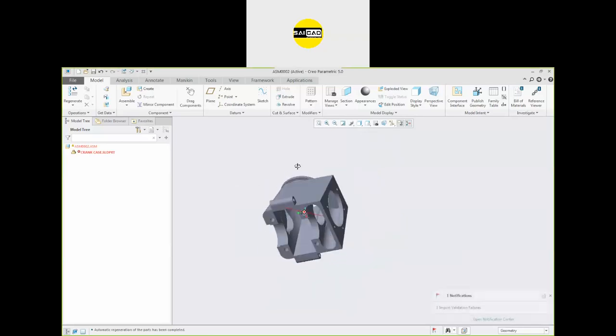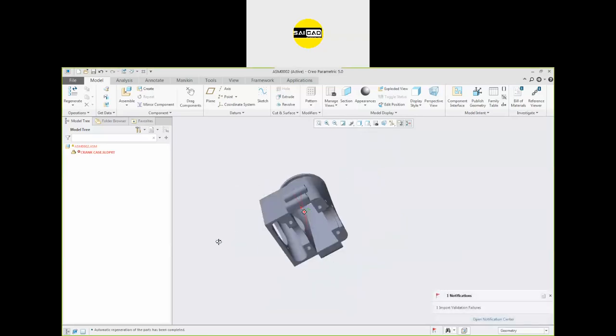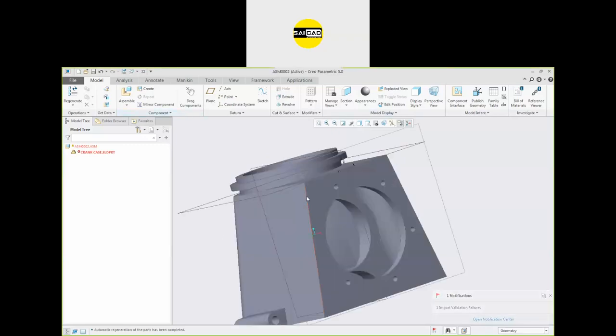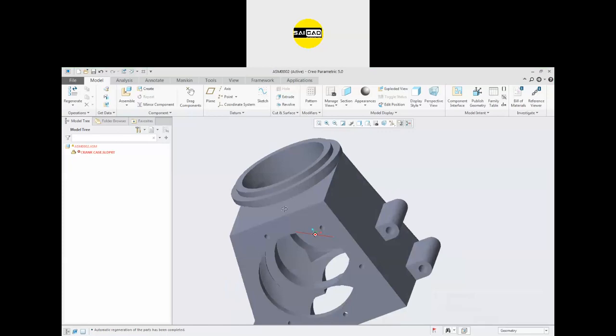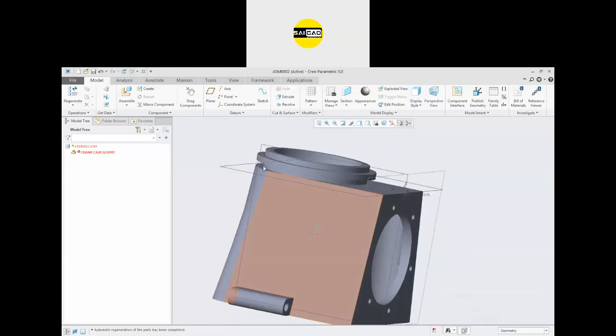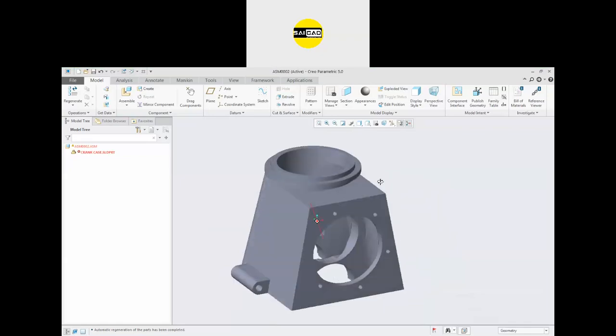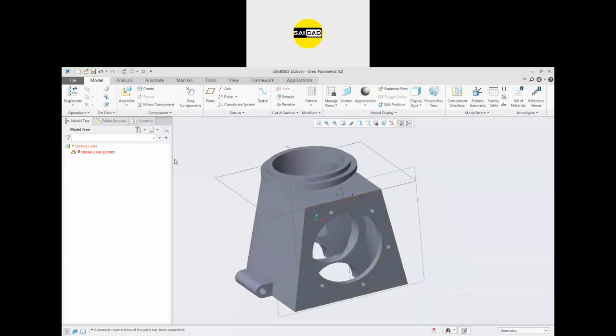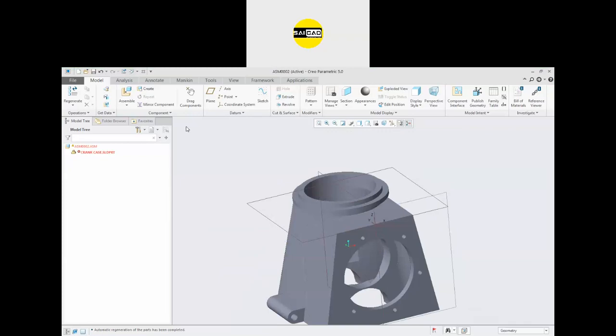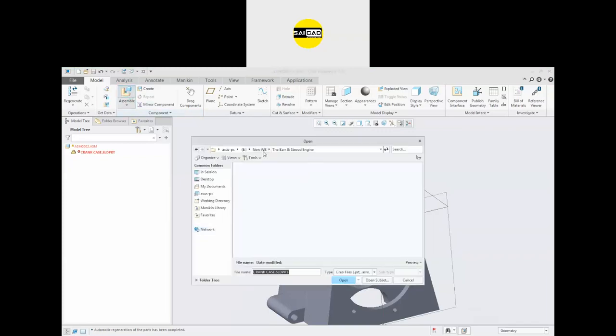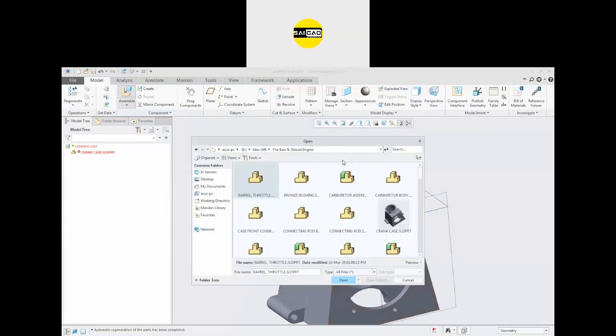This error will remain because it has some geometry that is not according to Creo, so it will give us some errors also. You can keep it this way, or you can create it in Creo too. Right now I'm just going to move on with this one. So assemble, go to the next part. The next part should be